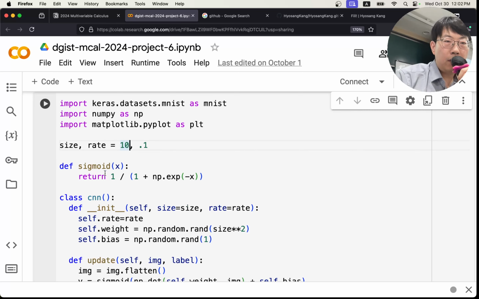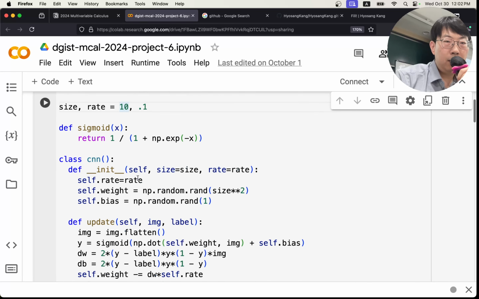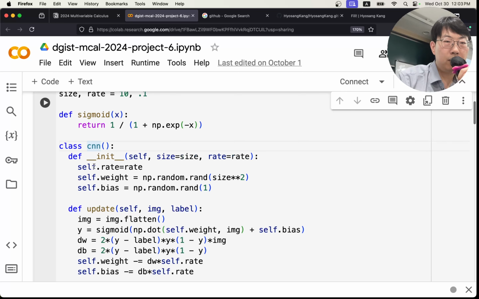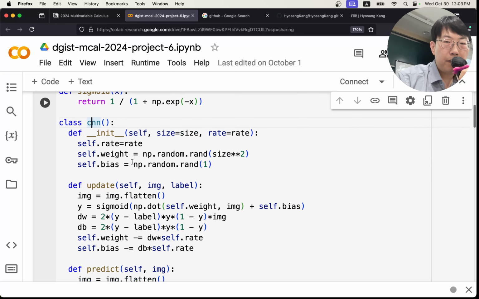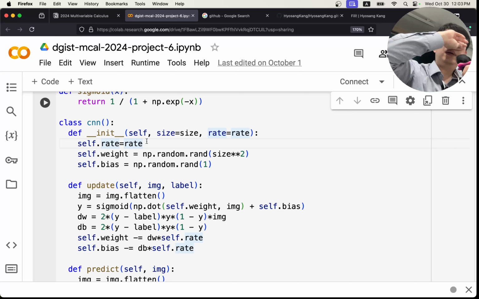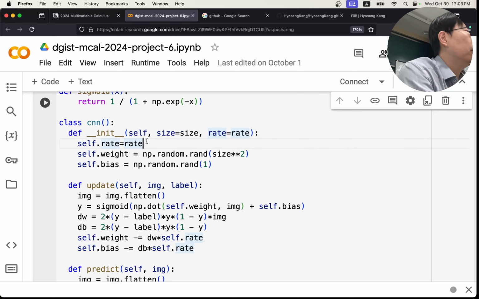So anyway, here's our sigmoid function. I already defined it here. And I made a class called CNN. It's not really a CNN, it's not a convolution. I'll change the name to NN. But anyway, if you want to make a CNN, a convolutional neural network, so far I didn't explain the convolutional neural network because there's no convolution going on. But if you want to analyze a complicated picture like a car or a cat, then you probably need a convolutional